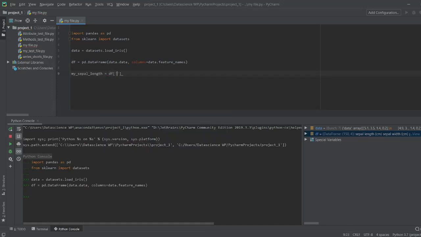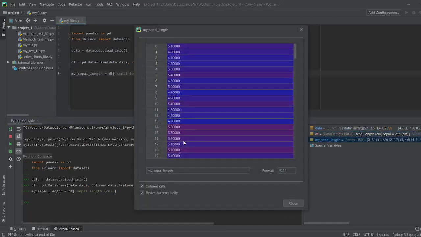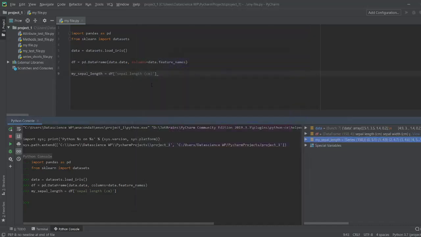We'll say df sepal length centimeter. So here we can see that our series is ready. These are the set of numbers of the sepal length.